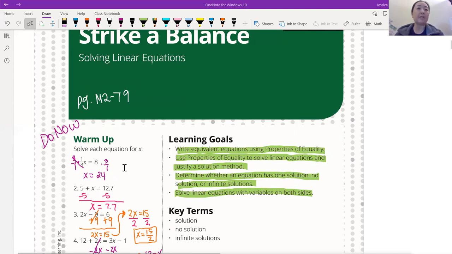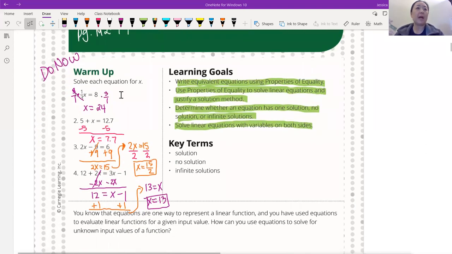All right, so if you take a look at here for our do now, we had these 1 through 4 problems. If you did not do this in class, make sure you do this now. Remember, it's kind of like the reverse of order of operations. Whenever you're solving for something, you're trying to undo stuff so that we can figure out what x originally